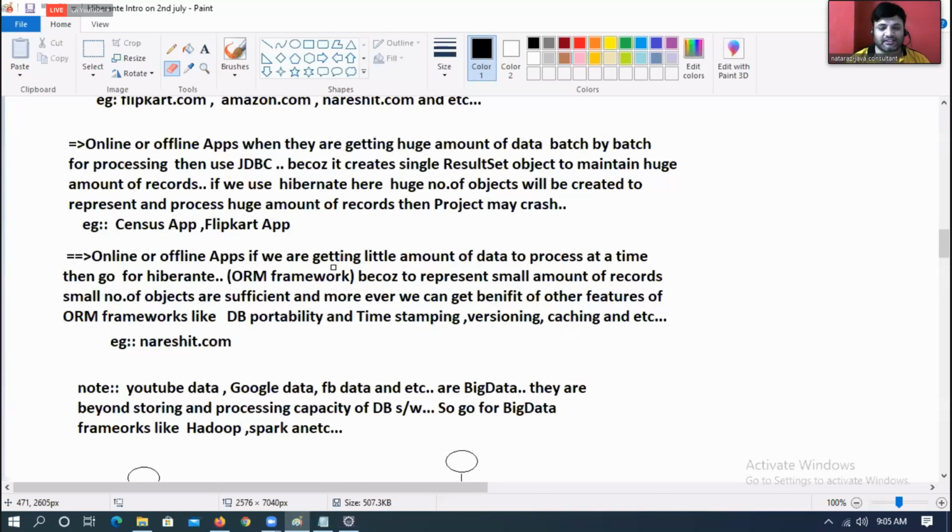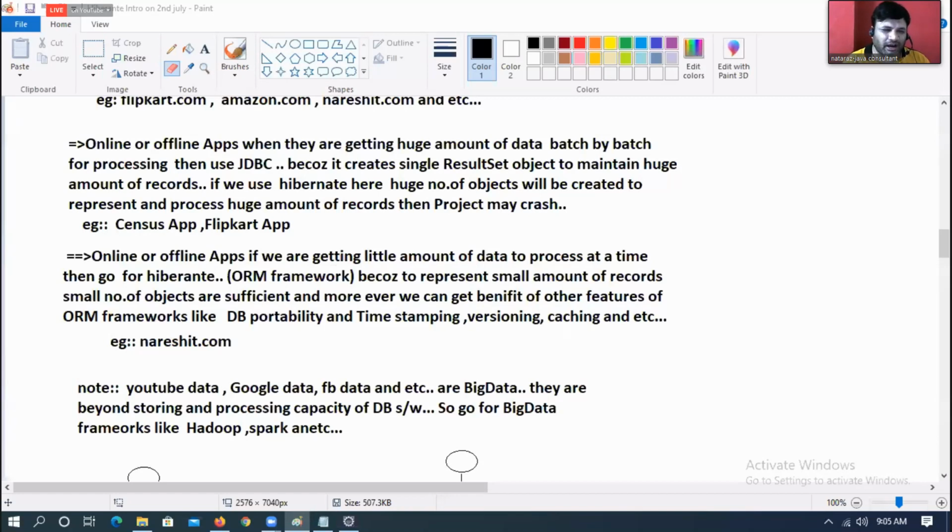Versioning, timestamping, I discussed the other day while explaining JDBC drawbacks. Versioning keeps track of how many times a record is modified.